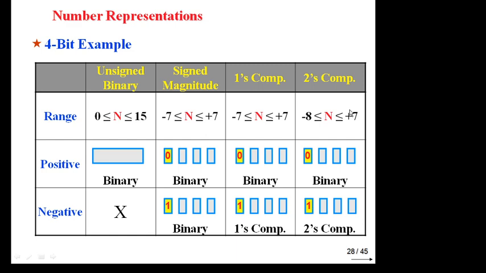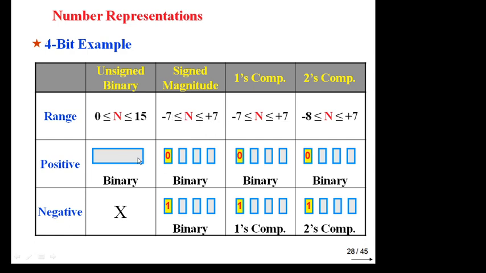I also discussed how to generate the formula in 2's complement method for general n bit. What is the formula? -2 to the power n minus 1, plus 2 to the power n minus 1 plus 1. So the range came -8 to +7. In this case, the range is from -2 to the power n minus 1 to 2 to the power n minus 1 minus 1. The same thing is applicable here.